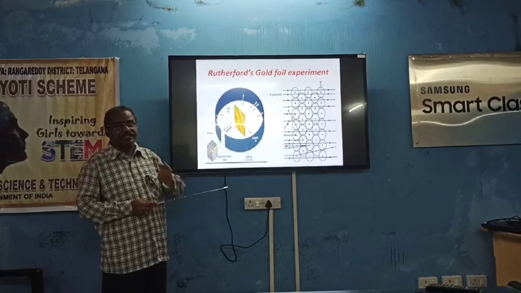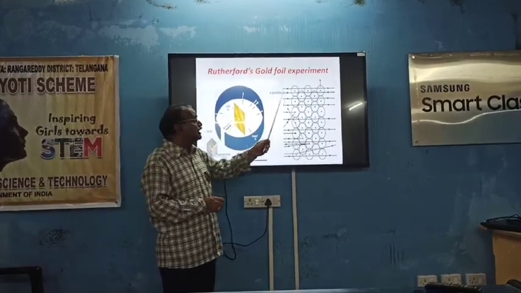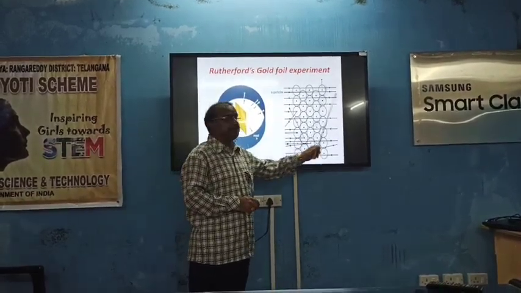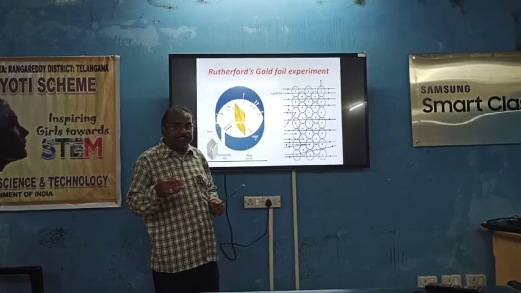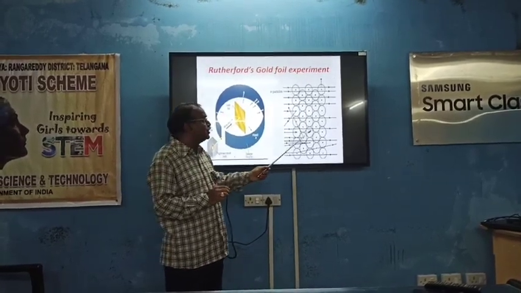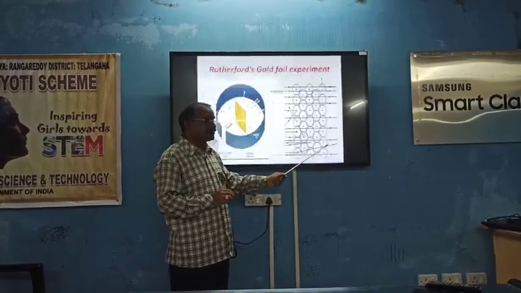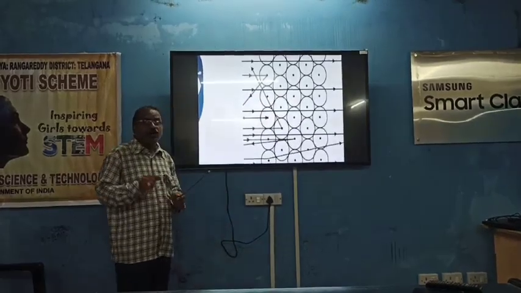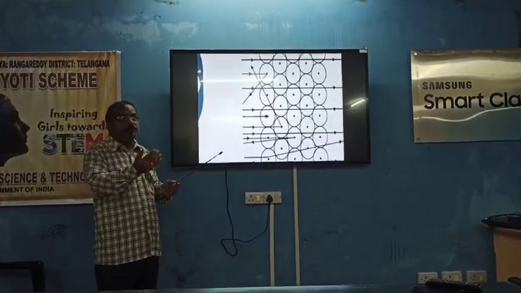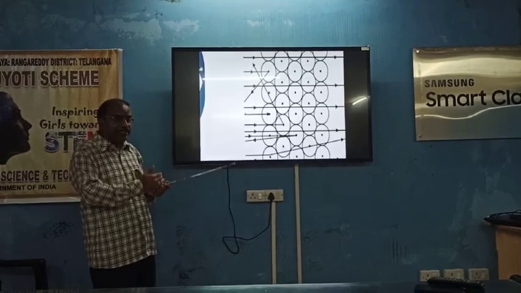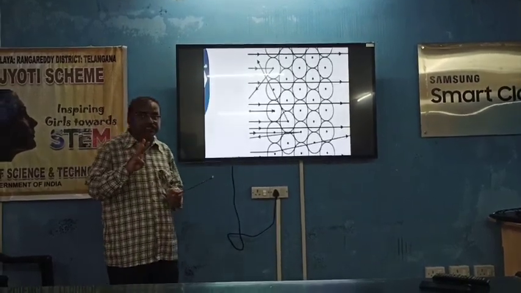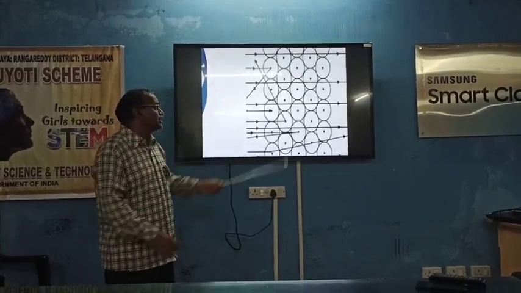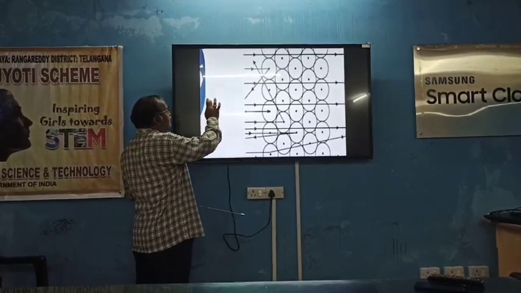He made three observations. What is the first observation? Many particles are passing through the atom. What is the second observation? Very few particles are showing some deflection. What is the third observation? One out of 20,000 particles bounced back, exactly in the same direction. These three observations he made during his experiment. So based on these observations,